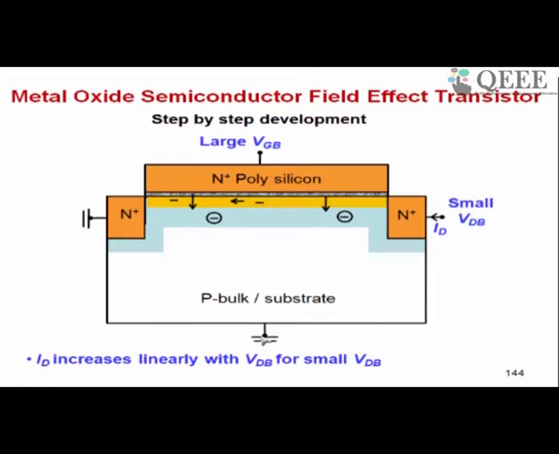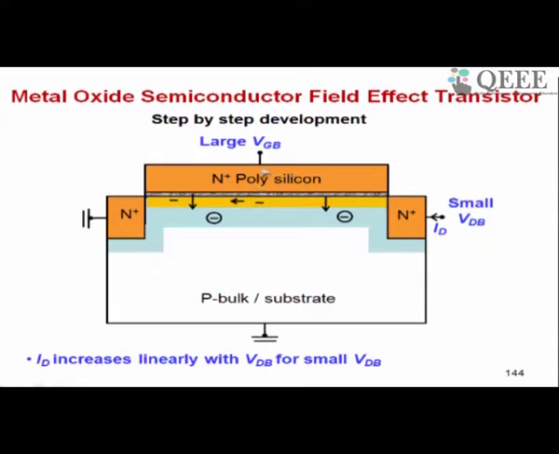So voltage of this terminal is the same as voltage of this terminal. Now at this point I need to explain why this terminal is called a source and this terminal is called a drain. ID is a drain current. You can see now that if you concentrate on the electrons, they will move from this terminal to this terminal because this voltage is positive. Conventional current is from positive to negative, but electron flow is from negative to positive. So electrons are flowing from this terminal to this terminal. So we can say this terminal is sourcing electrons and this terminal is draining electrons. That is why this is called drain and this is called source.